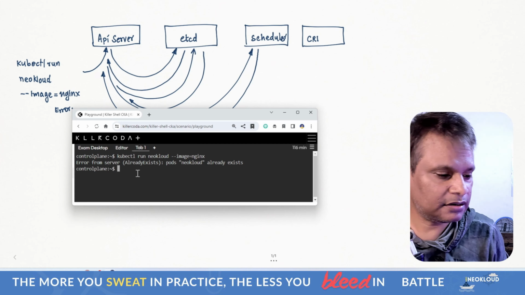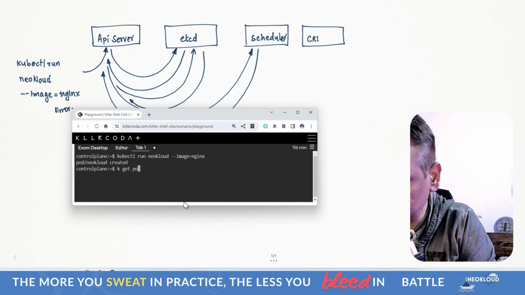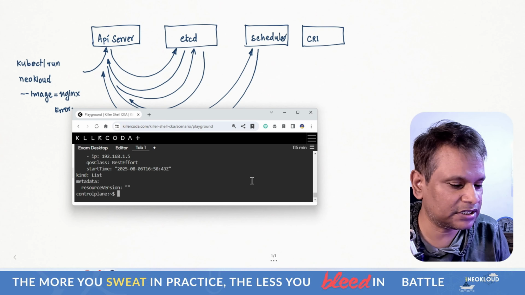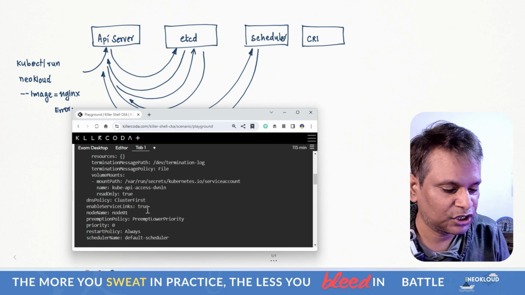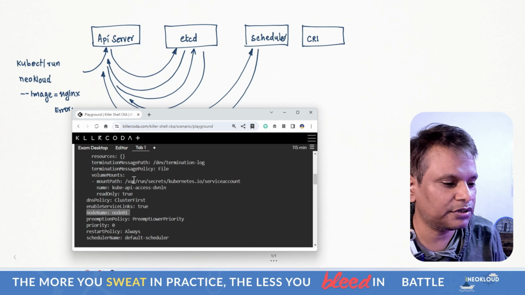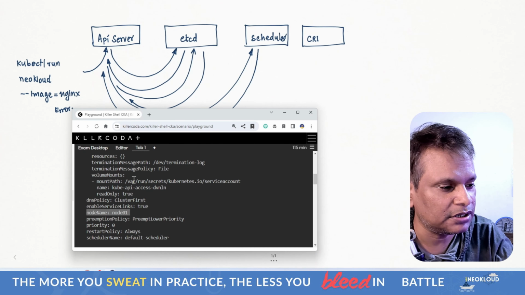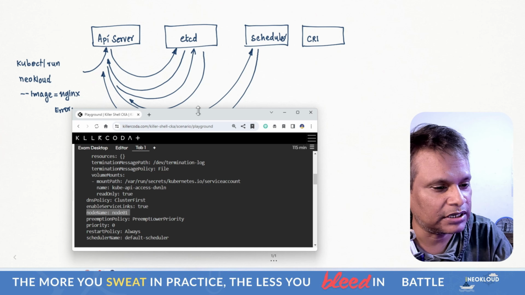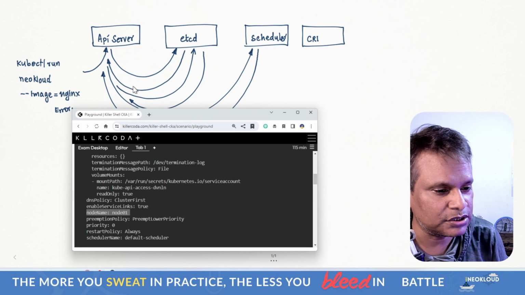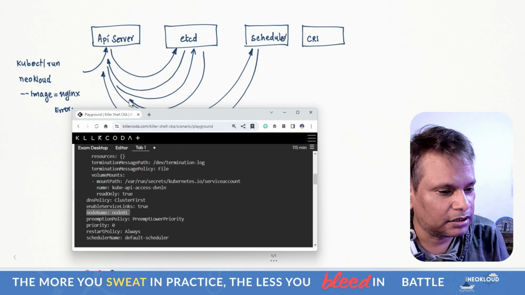So here I'll run kubectl get pod -o wide. I'll make it a little bigger. Here we will see node name equal to node 1. So the scheduler found that node 1 is suitable to launch this pod. So it acknowledges to the API server, and then the API server writes the data into etcd, writes the information and acknowledges